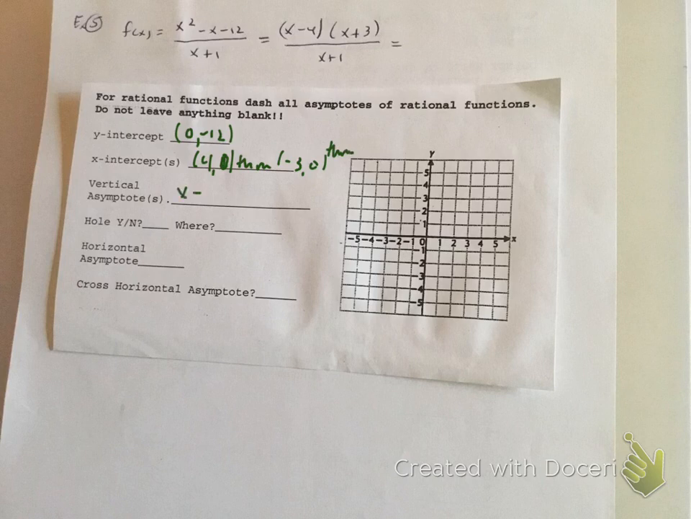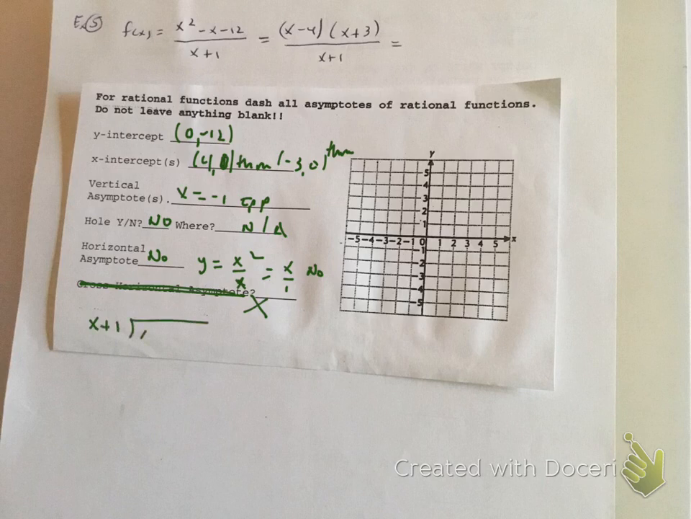Vertical asymptote at x equals -1 going in opposite directions. Does it have a hole? No, not applicable. Move on. Horizontal asymptote doesn't have one because you end up with an x in your numerator, so there is none. But we don't have to check to see if it crosses. We're not going to worry about doing that. I'm not going to give you one that's that complicated, but what you will have to do is find the oblique asymptote. So to find the oblique asymptote, you have to take x plus 1 and divide it into